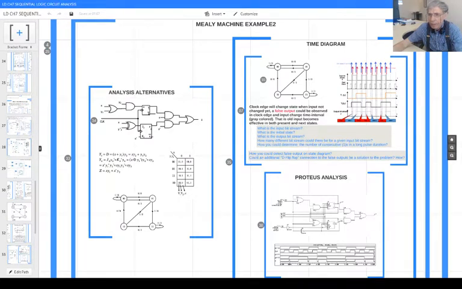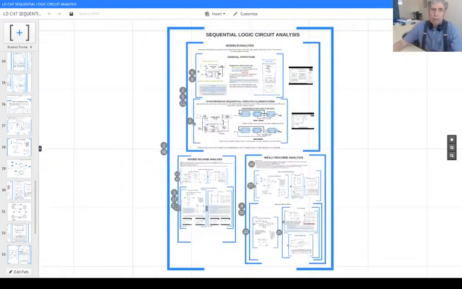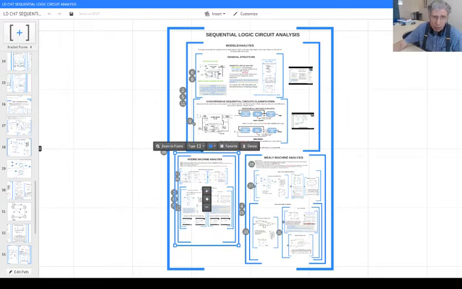Hi, we are trying to examine sequential circuit analysis. So we have done the analysis for the Moore machine, which is this one, isn't it? We have already done it